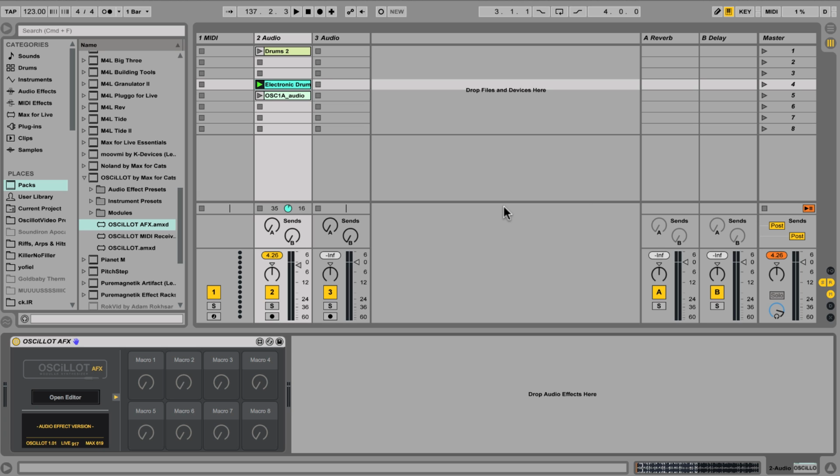There's a little difference between the OSCiLLOT AFX and the OSCiLLOT instrument, and the difference is that the OSCiLLOT instrument is polyphonic, while the OSCiLLOT AFX is strictly monophonic, so it does not let you adjust polyphony or that sort. So it says just audio effect version, where it says polyphony on the instrument version, and lets you make the